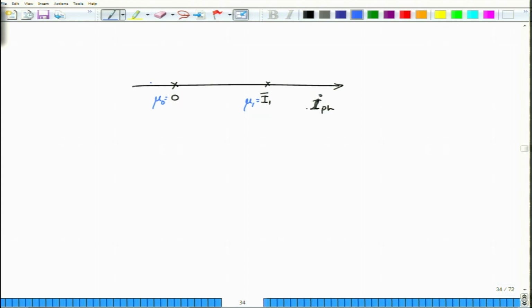The variance with 0 will have a Gaussian distribution that goes something like this, whereas the variance with 1 will be much broader. Okay. I should have put them closer together so that you could have had a better appreciation of this. I put the peak not exactly at this point. So, the peak is here. This is how the noise around 1 would look like, or not exactly noise itself, but this is the